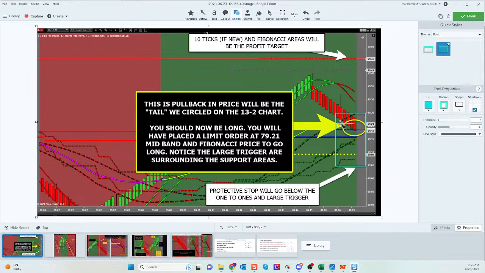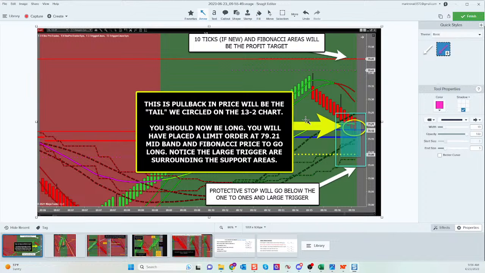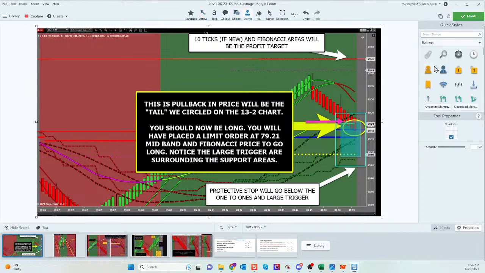But because trend trades come from areas, not just inside of triggers, your window of opportunity is refined a little bit. It's smaller than the parameters of the triggers. It's from the highest point of support to the lowest point of support. Because there's so much momentum on that higher time frame, because there's absolutely nothing in the way on that higher time frame, your limit order is waiting at the top of that window. Your initial stop is going to go below that window of opportunity where the market should not go.